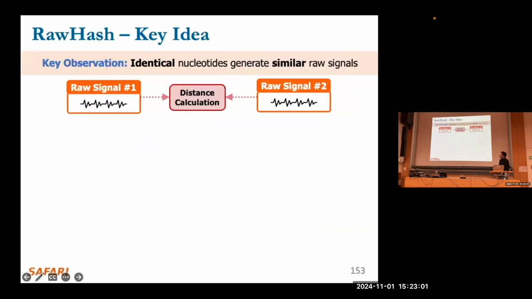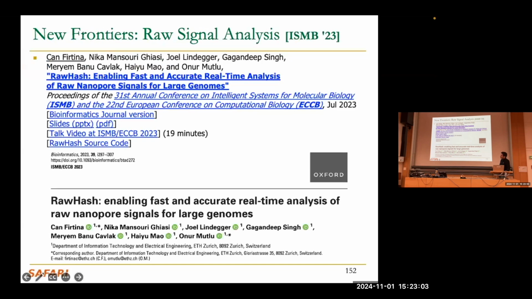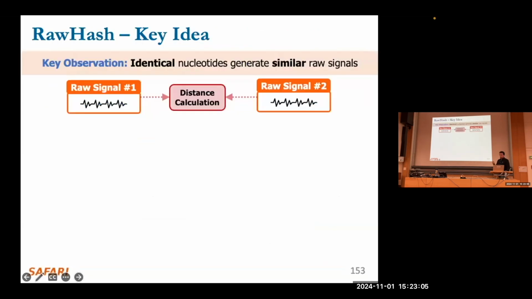And so this is basically what RawHash enables. I'll give you some key ideas and the key insights, the observations that we generate from this paper. So the key observation is that we're